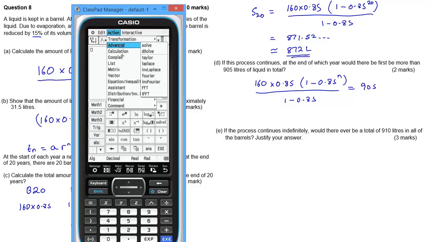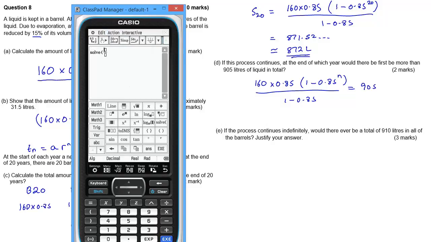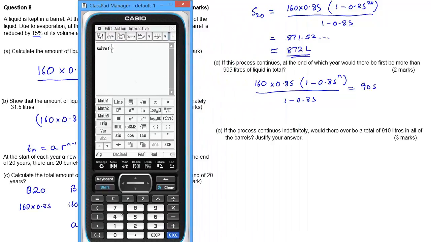So action advanced solve. Now once again let's use 136 rather than typing in all of that. And then we've got 1 take away 0.85 to the power x all over 0.15, and we need that to be equal to 905. And that gives us,